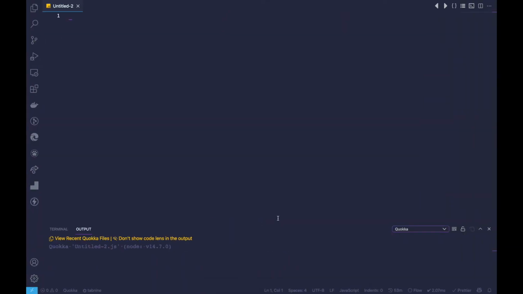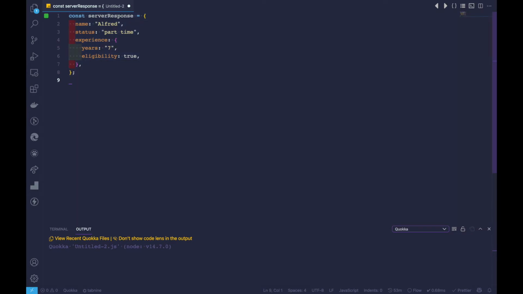So let's bring in our VS Code here, and inside our VS Code I have already installed Quokka, which is an extension. You can find it inside of our extension tab here, which would be Quokka, and to activate it you can just hit Shift Command P or Shift Control P for Windows, and which just helps us to execute JavaScript as we type along. So to get hands-on with optional chaining, let's create a constant first,